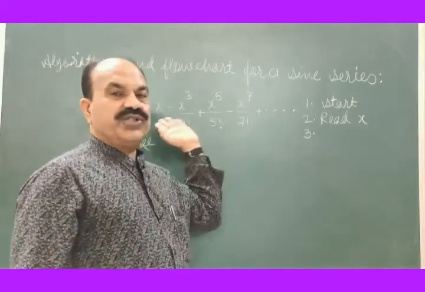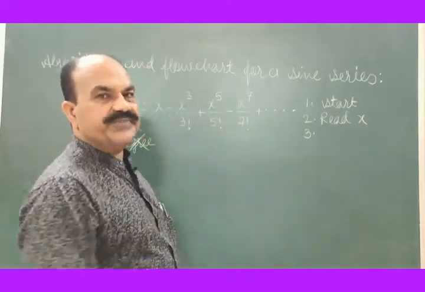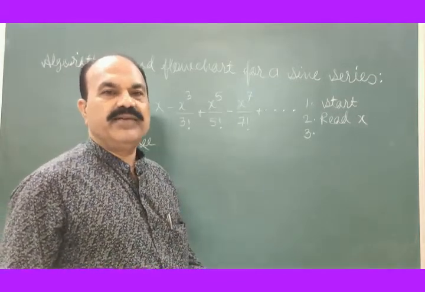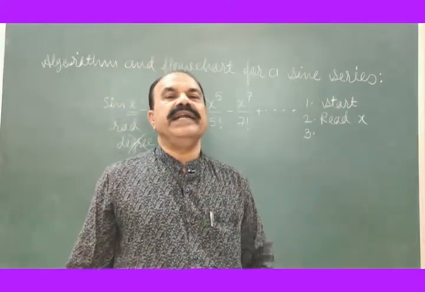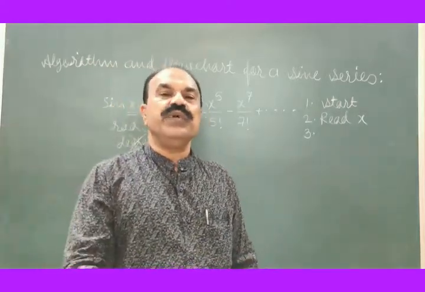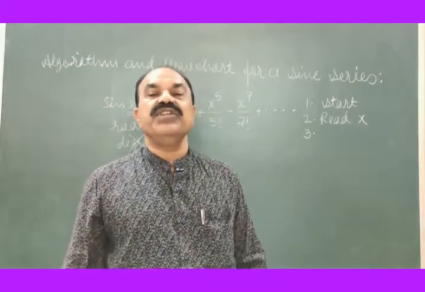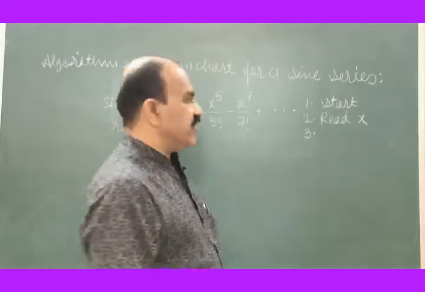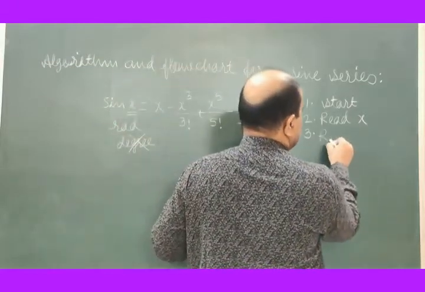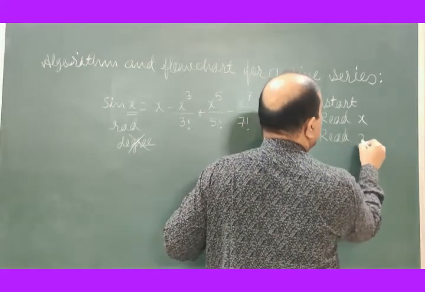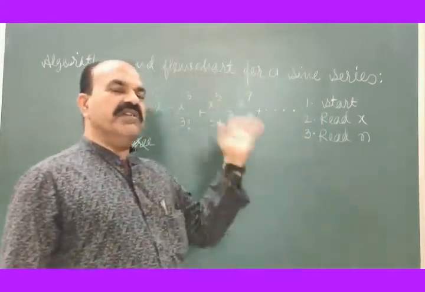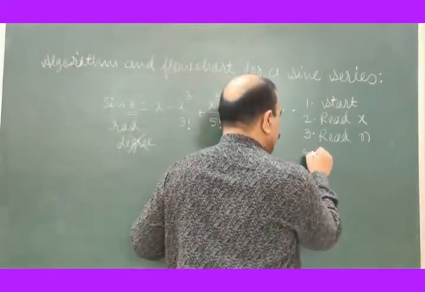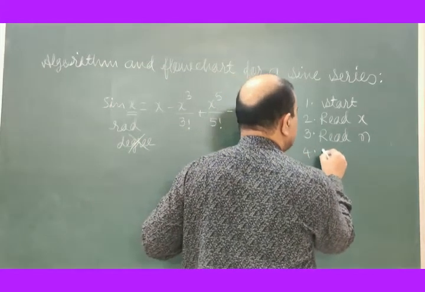How many terms you want to add together? 25, 30, keep it as a variable. So, if one student wants to do it for 10 terms, the second one may want to do it for 30 terms, the third one may want to do it for 50 terms, etc. So, let me ask the editor to read n number of terms. Then you have to declare the count, initialize the counter.